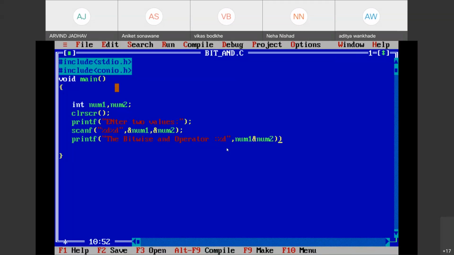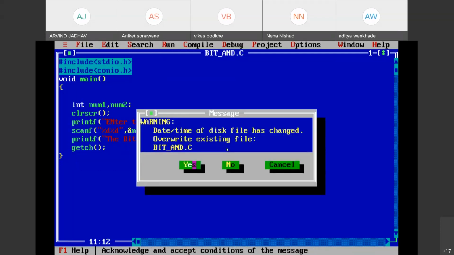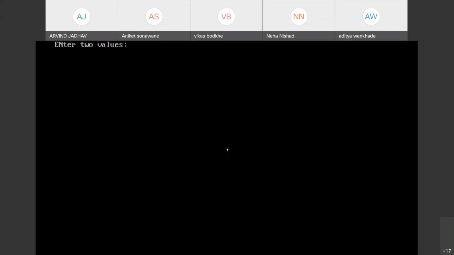If you want to use a round bracket, then we can also use that round bracket, and at the end we need to use getch. That's it. So done. Now kindly save the program. Okay, once we save, so termination होने के बाद में भी ये program आपको मिल जाएगा. Okay, now we'll compile it and run it. 10 and 2.